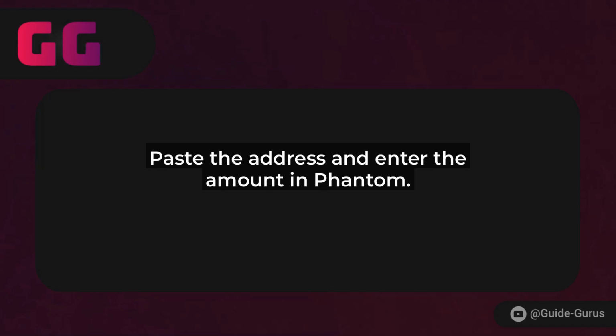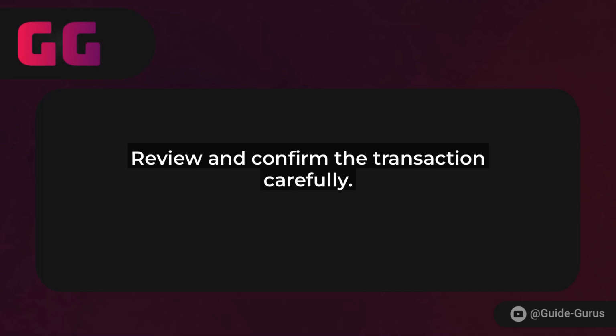Now, back in Phantom Wallet, click on the Send button for your BUSD. Paste the XMO deposit address into the recipient field. Enter the amount you want to transfer, but don't forget to leave some for network fees. Those can vary in 2025 based on blockchain congestion. Review the details carefully, then hit Confirm to broadcast the transaction.